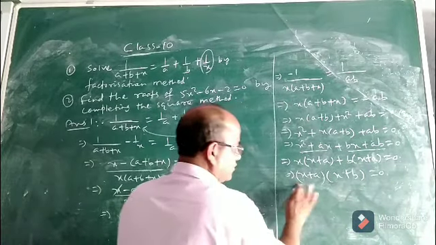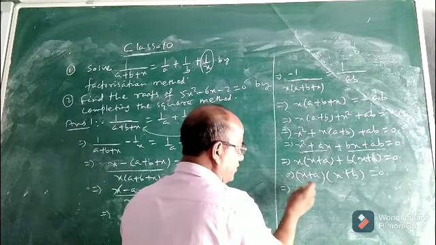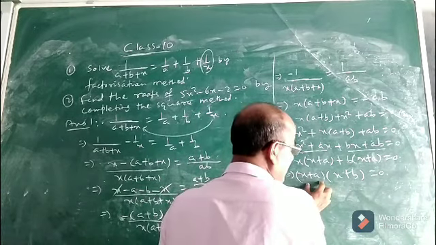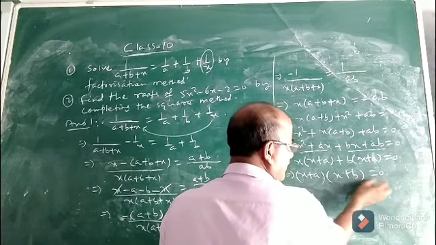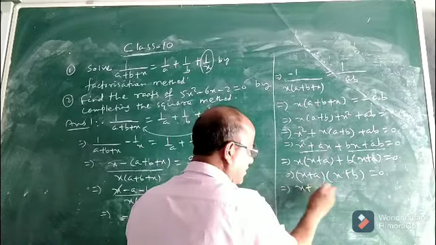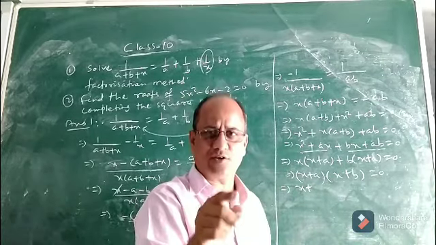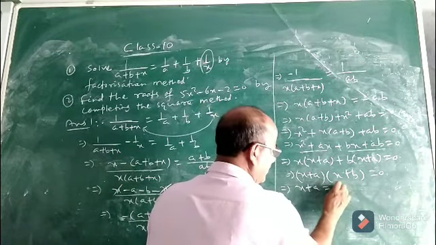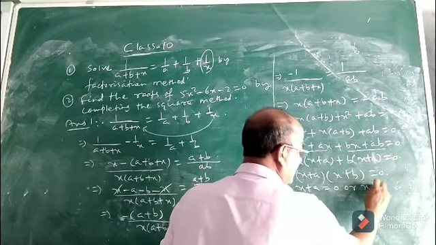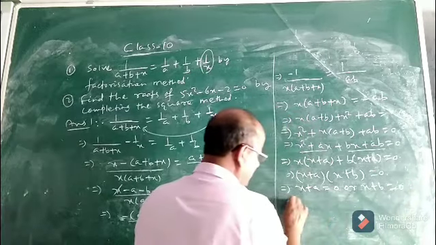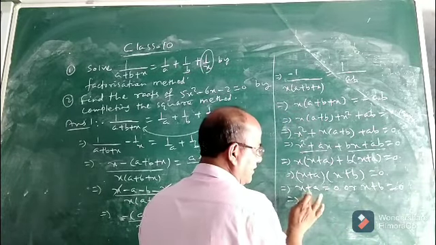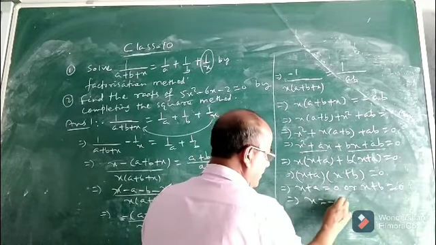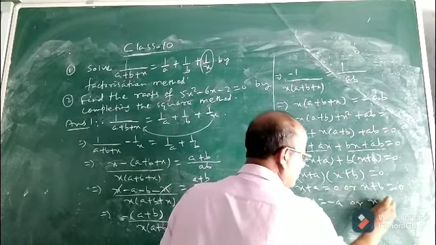Now see. So what will be the next step? The next step will be either this binomial, this linear factor will be equal to 0, or this linear factor will be equal to 0. That means, because if the product of a and b is 0, then either a is 0 or b is 0. So then x plus a equal to 0 or x plus b equal to 0. That means which is a linear equation in variable x. Now what will be the value of x? x equal to minus a or x equal to minus b.